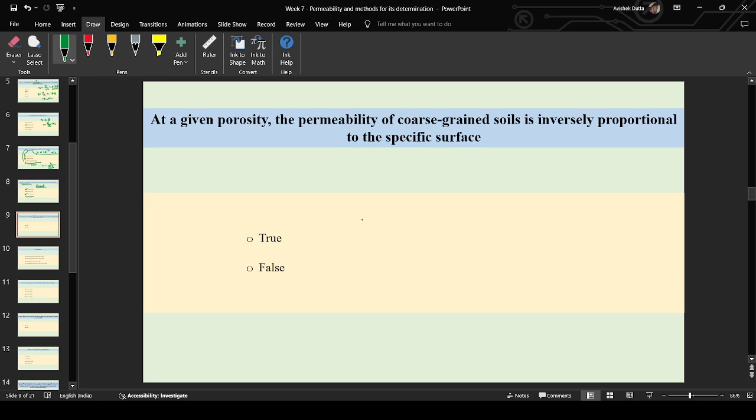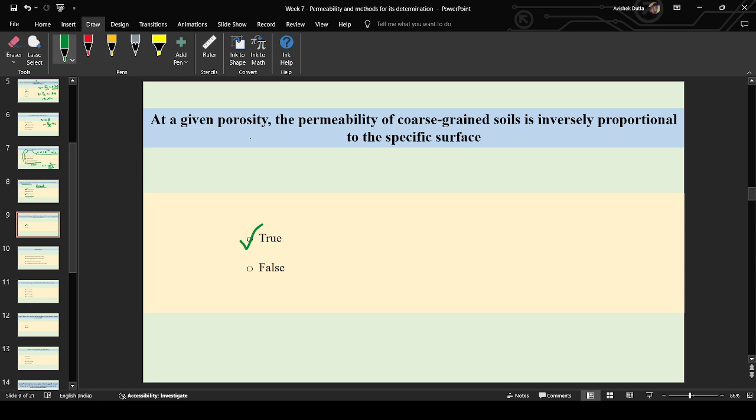At a given porosity, permeability of coarse grained soil is inversely proportional to the specific surface. What is the answer? True. Why true? Because increasing the specific surface means more fine soil. I have mentioned given porosity. So if the soil is more fine, there is very less void space. Void space and porosity are similar terms. So if the particle size becomes finer and finer, what will happen because of this reduction in particle size? The interconnected voids will decrease,